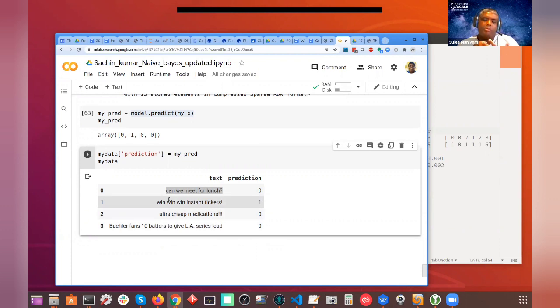So how is the algorithm working? The algorithm is basically probability scoring. It says, if I see the word win, what are the chances the message is spam? It's basically multiplying all the probabilities. If I see instant, what are the chances of it being spam? Probably pretty high. If I see medications, probably a high chance of being spam, because before it has seen the word medications in a lot of spam messages. So it calculates the probability. It's the reverse problem: if I see the word medication, it's highly likely spam.